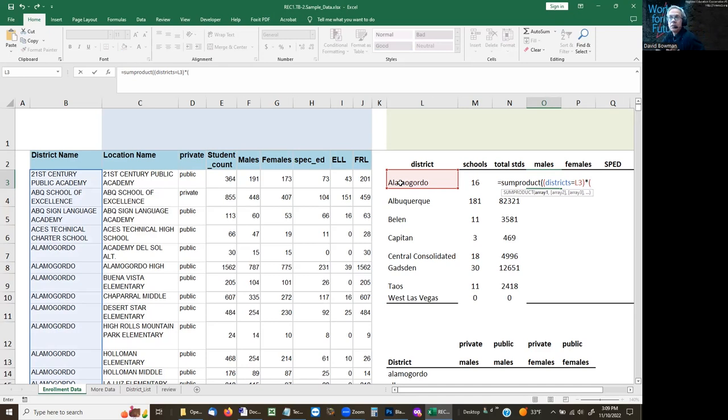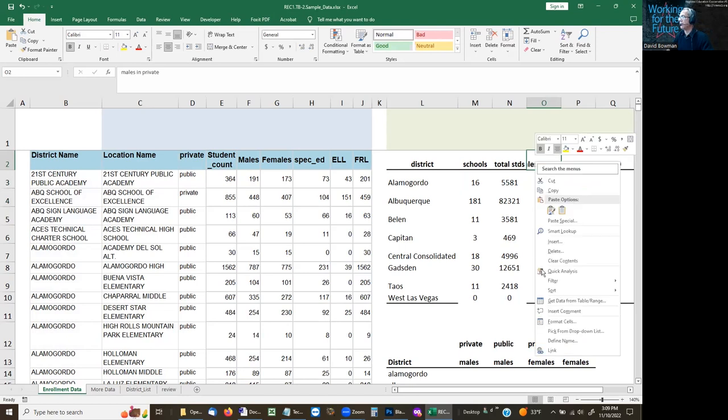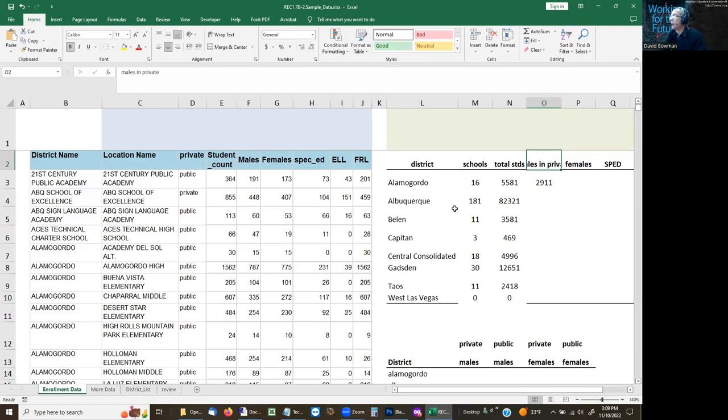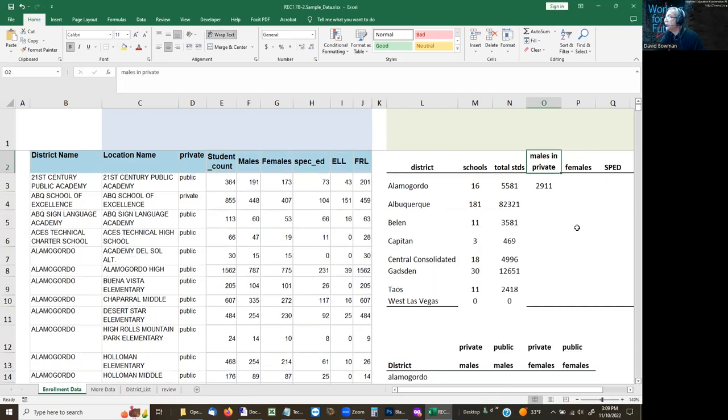Males. Let's change this. Let's say males in private schools within each of those districts. So males in private schools, because I want to get 2 criteria in there. All right, so equals sum product